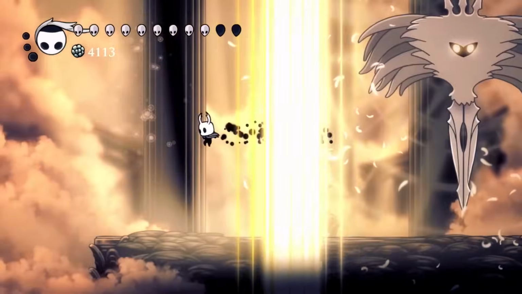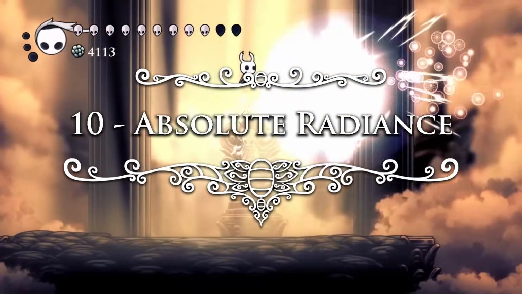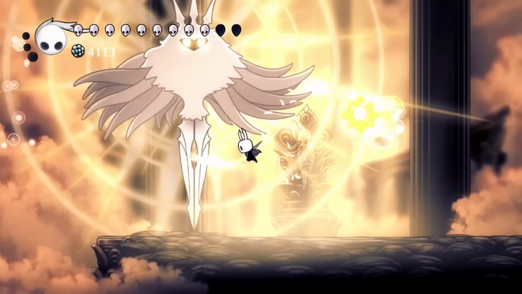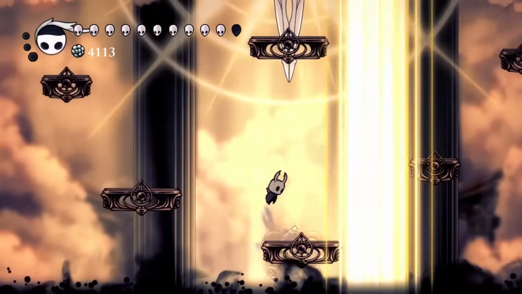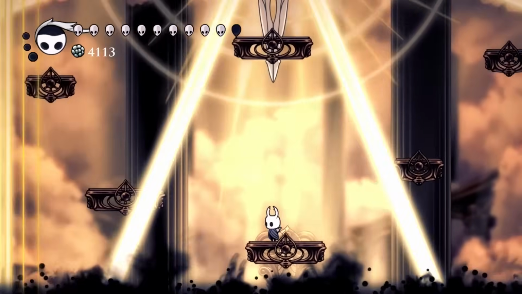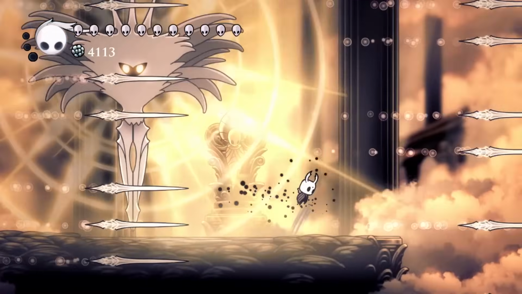At number 10, we have the Absolute Radiance, the hardest challenge in Hollow Knight, and the boss of the Pantheon of Hallownest. I'll be straight up with you guys, I have yet to defeat the Absolute Radiance in proper play. I've won in the Hall of Gods, and that's the footage you're seeing, but getting to it in the Pantheon